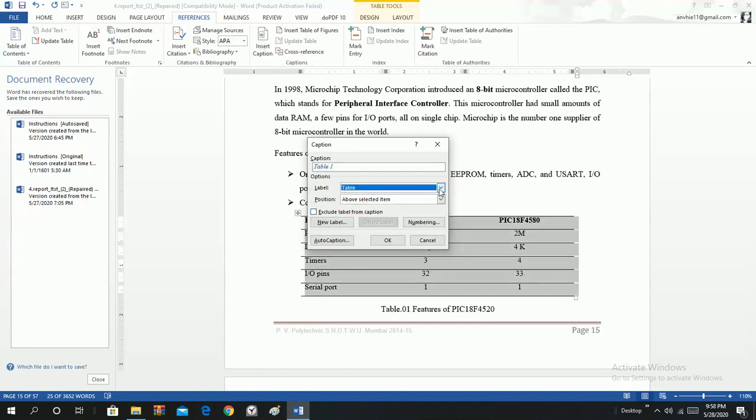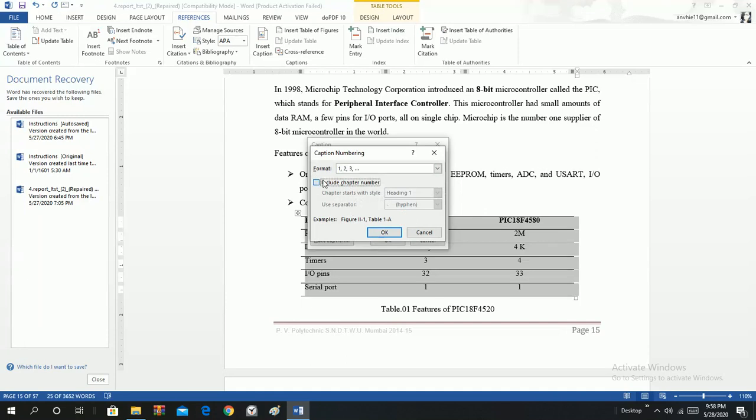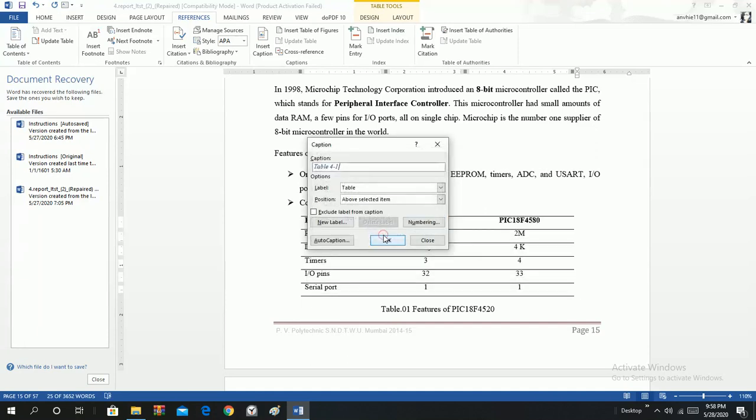Similarly, if you have equations, you can follow the same thing for equations as well. So we wanted to do it for the table, so we have selected a table. We want numbering, we want to include the chapter name, and we have included it, and the features of PIC 18F4520.